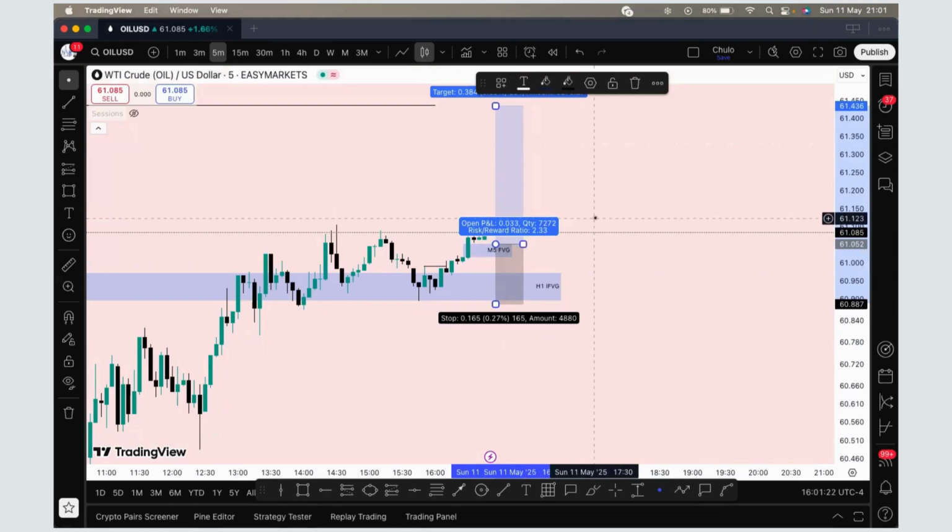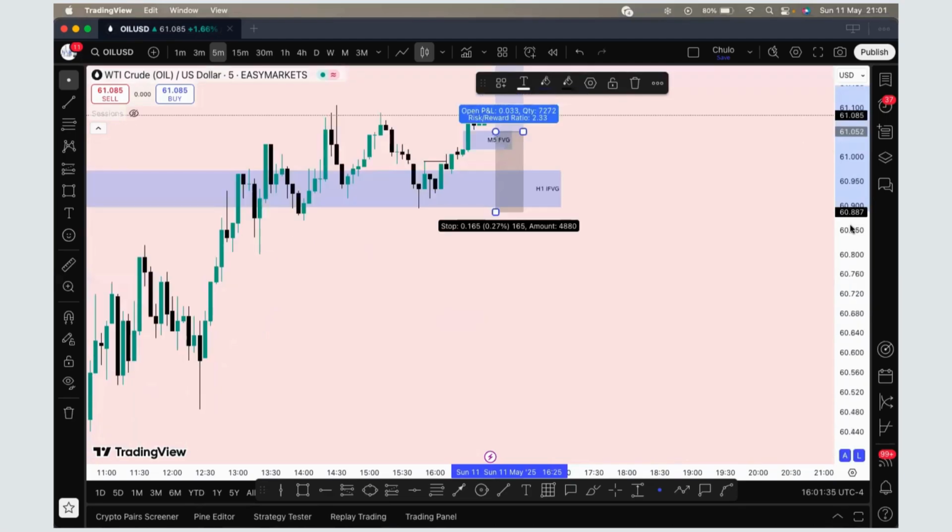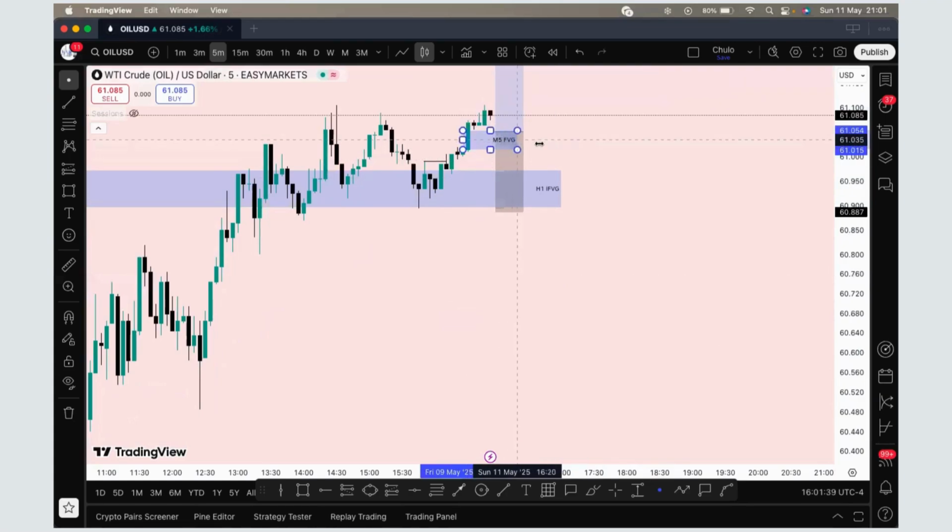Or if you want to refine more to get a very tiny stop, but I don't really enjoy refining my trades that much. I can move down to the 1 minute time frame to refine the entry, but it's not really ideal. Okay, the best thing to do now that we've seen this clean setup going into this week on US oil,